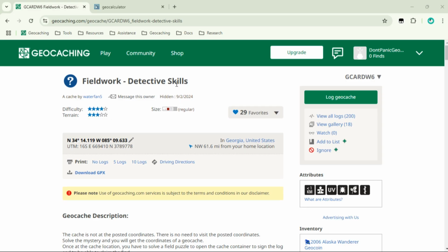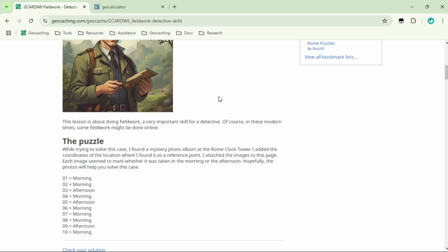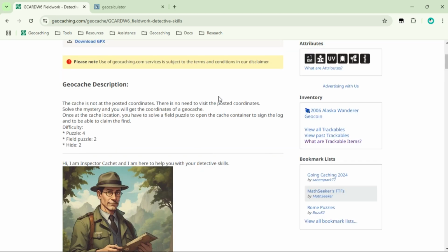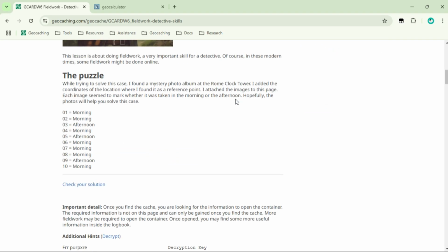So here is the puzzle in question. You see, published this last year. About a 4 difficulty, might be slightly overrated, but there is a field puzzle as well. The way that this works, and it has the field puzzle attribute here as well, is that this was placed for a mega event in Rome, Georgia, and it really helped if you were familiar with Rome, made